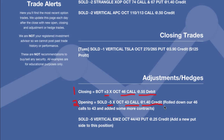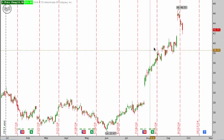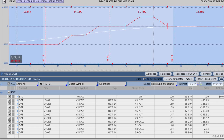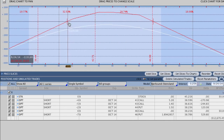And again, I just made some comments that we had rolled down our 46 calls to 43. So again, with US Steel, it had a big day lower for most of the day, but rallied towards the end of the day. Implied volatility is still very, very high in this stock. But if we look at the Analyze tab, we're still positioned very well for movement anywhere between about 40.5 and 47. And we can make a pretty good chunk of change here with US Steel